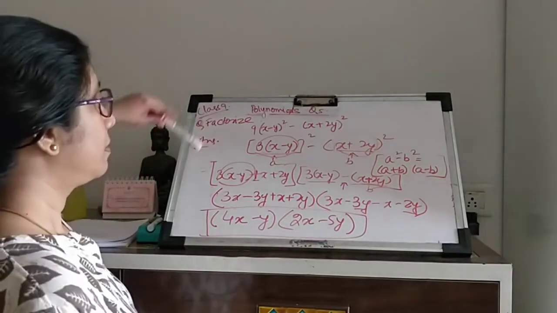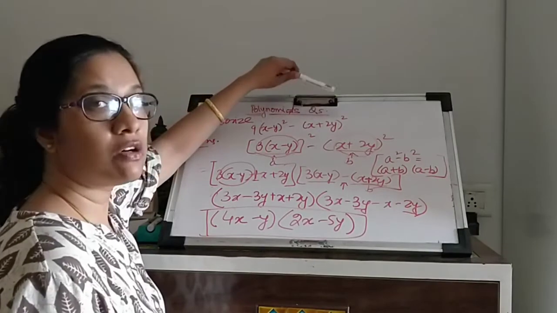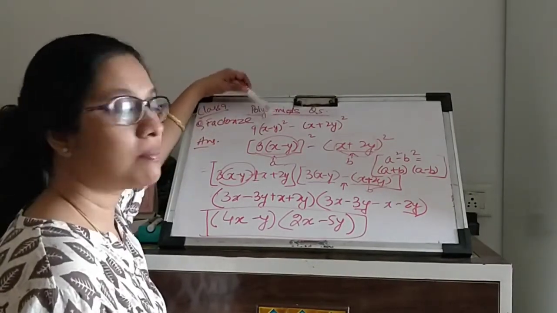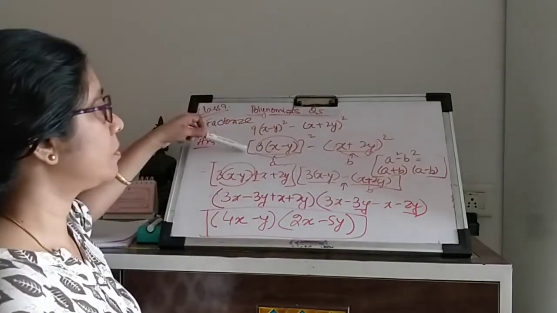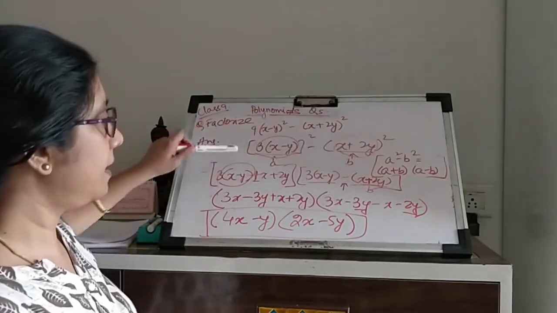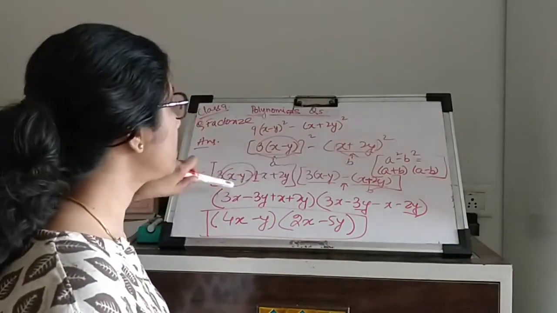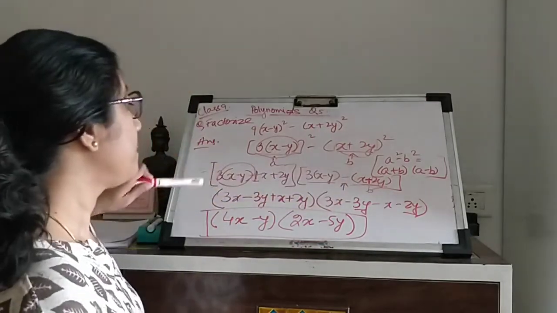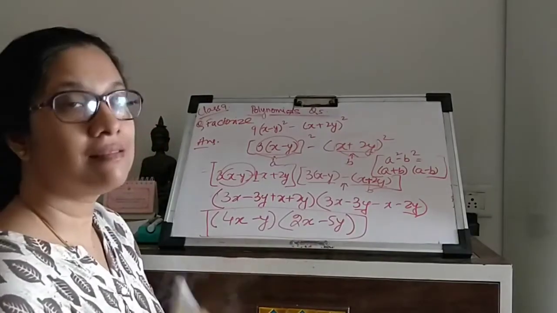Quick review. (3x minus y) whole square minus (x plus 2y) whole square. So just by observation we know I can apply a square minus b square because that comes out as a plus b, a minus b. So I just need to identify what a and b is. That's what I did here. And then I applied it, a plus b, making sure that I use the correct bracket and the correct sign wherever required. Then all I need is just solving it and you get the factors.